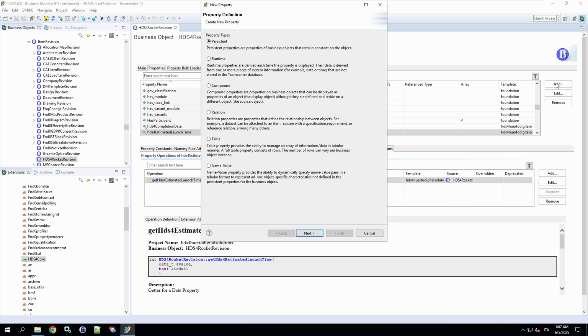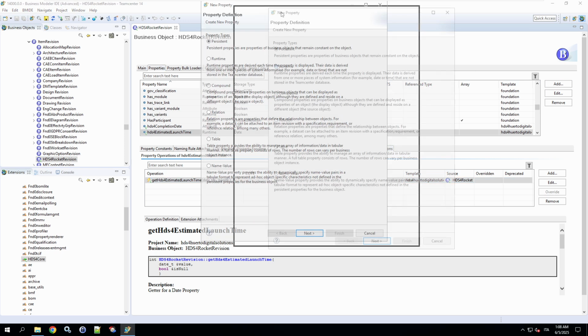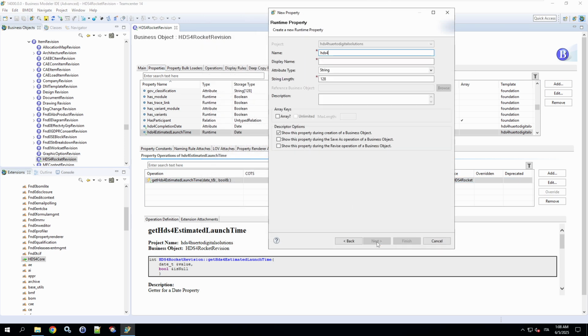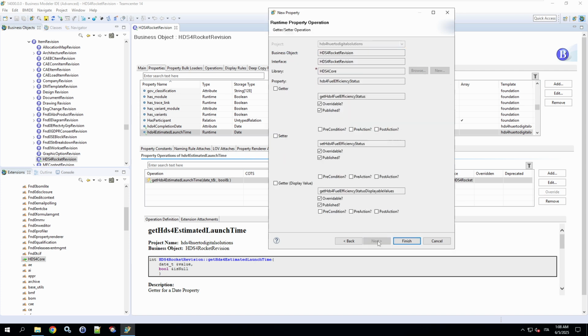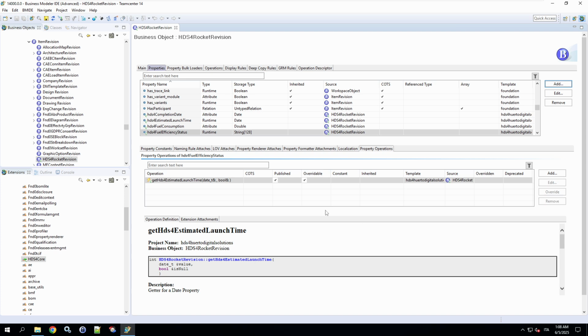Click Add, choose Runtime Property, enter the name HDS4 Fuel Efficiency Status, select String as the type, click Next, check Generate Getter, and hit Finish. Again, BMIDE has created the corresponding getter operation.